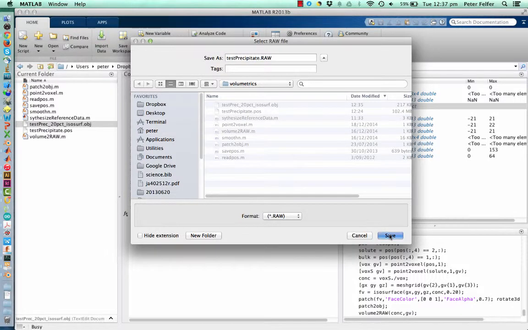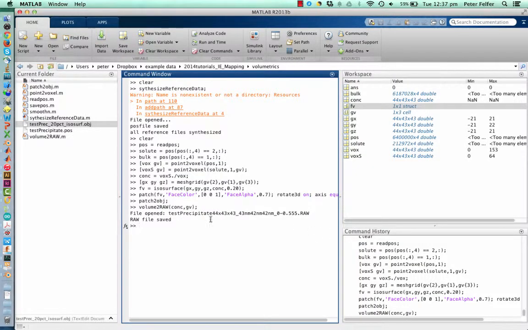And press save. This is not actually going to be the final name, so you can see the final name is going to be test precipitate 44 times 43 times 43, which is the number of voxels, and underscore 43 nanometers, 42 nanometers, 42 nanometers, which is the bounding box of the volume, and 0 to 0.555. That is what values are actually in the